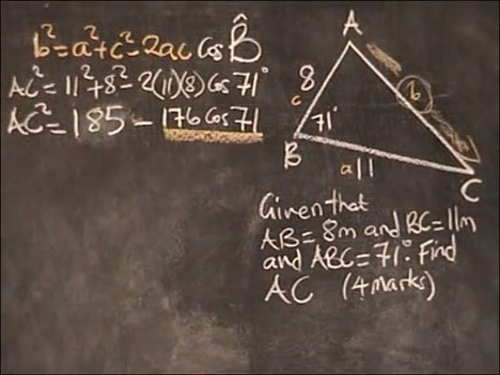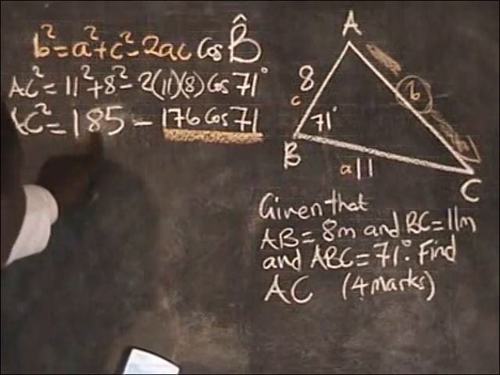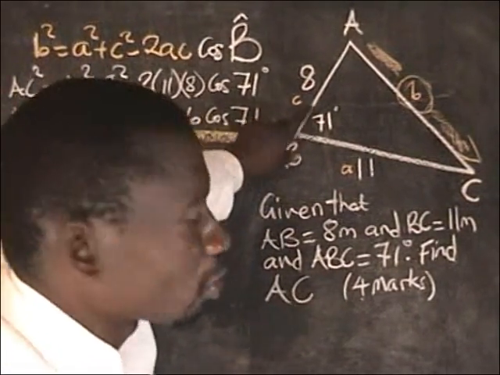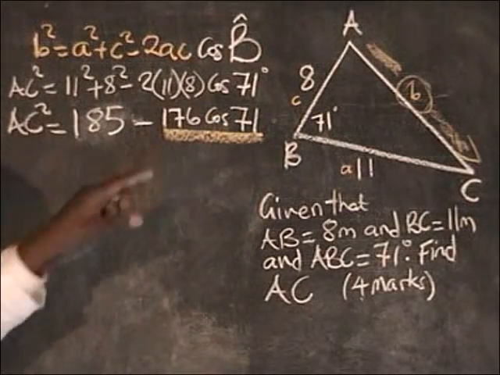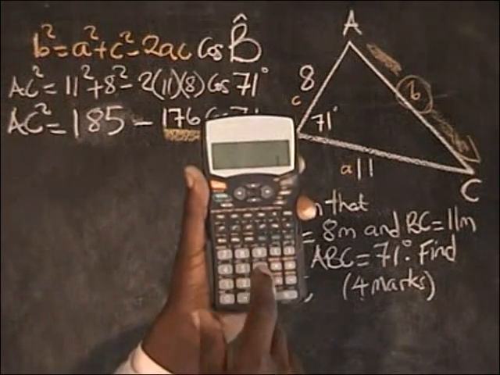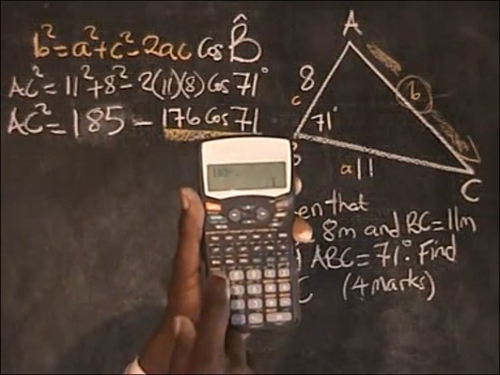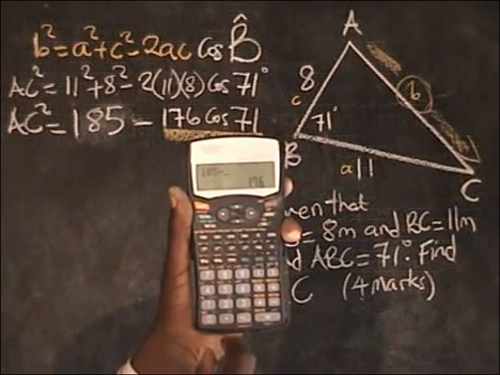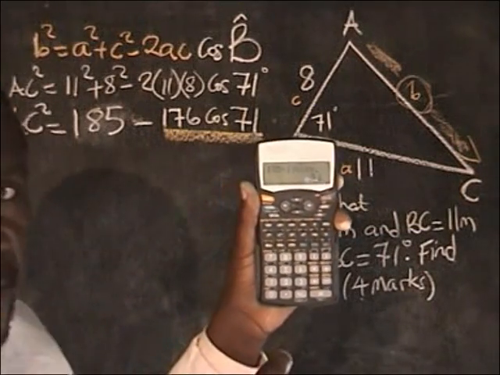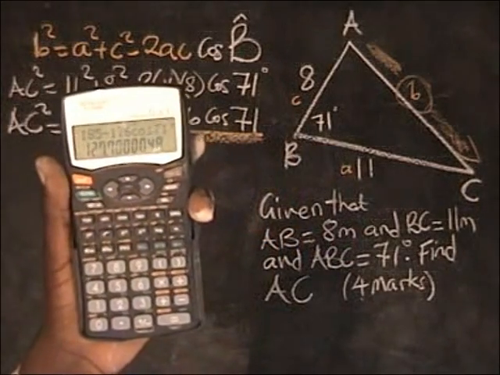So without wasting much of your time, using a scientific calculator, you can feed everything. Make sure that while you feed 185 minus 176 cosine 71, an equal sign comes after you have fed everything. I'm sure that is understood. This goes as 185 minus 176 followed by cos 71, like that. Upon feeding it that way, just press the equal sign. What you have is